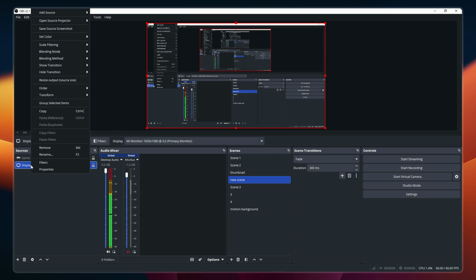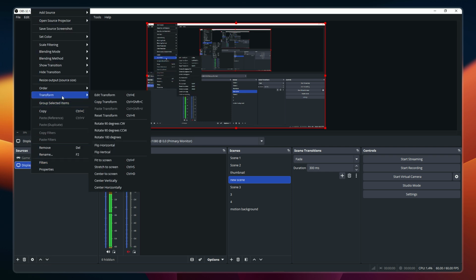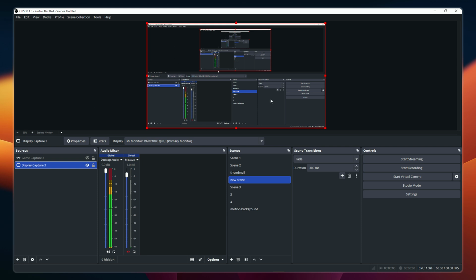Hover your mouse over Transform, which will open a submenu with various transformation options. From this submenu, select Fit to Screen. This will automatically adjust that specific source to fill your canvas properly without any stretching. And there you have it. Your OBS resolution should now be fixed and